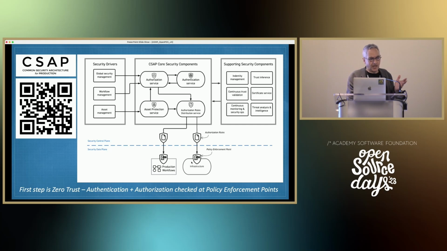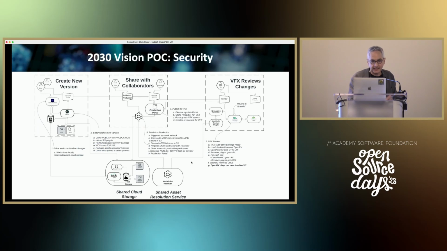We developed a common security architecture for production that we think provides one approach to doing this. I'm not going to get into it here, but you'll notice at least some of those little icons: authentication, a little fingerprint, authorization, a little check mark, and these little gateways that are policy enforcement points, which I'll show you a little bit of what it looks like in the POC that we did. You have lots of places where users need to authenticate before they're allowed to do stuff, whether it's logging into the Premiere Pro workstation, the OpenRV login, et cetera.